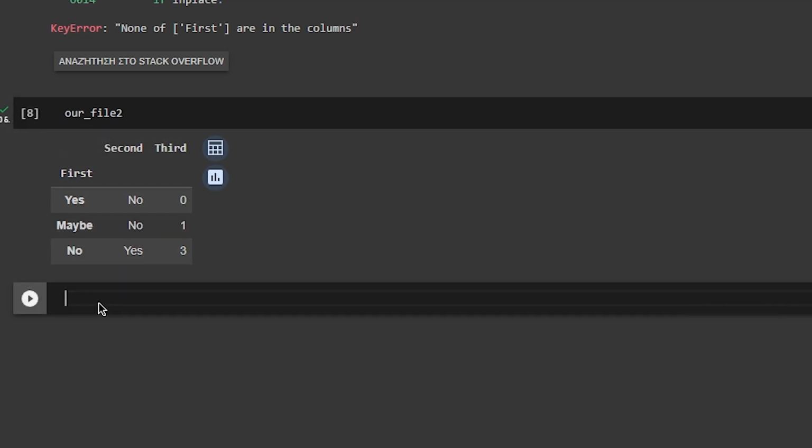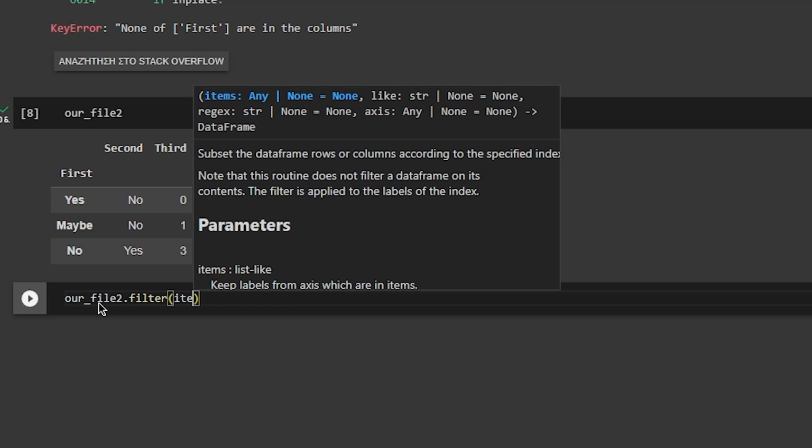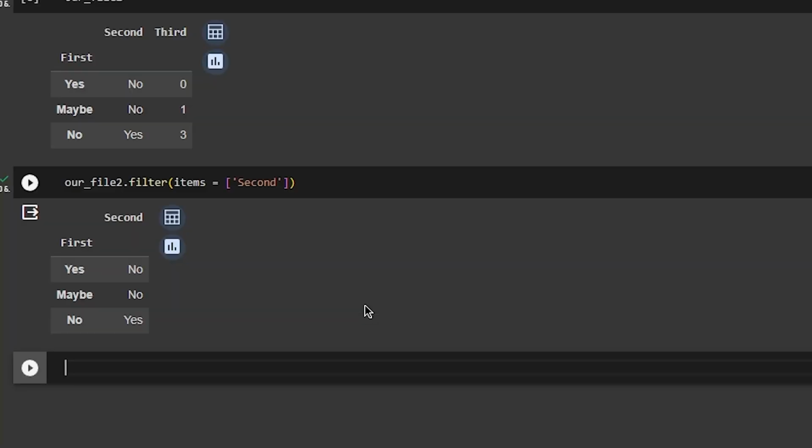So how can we filter using the index? First of all, I'm gonna do something very simple. I'm gonna call our file 2.filter. This new method that we are gonna learn, and I want only to get the second column. So if you only want to get the second column out of your data frame, what you do is use filter, and in the items, put in the list only the name of the second column. So boom! Here you see a new instance where we have the previous data frame, but only with the second